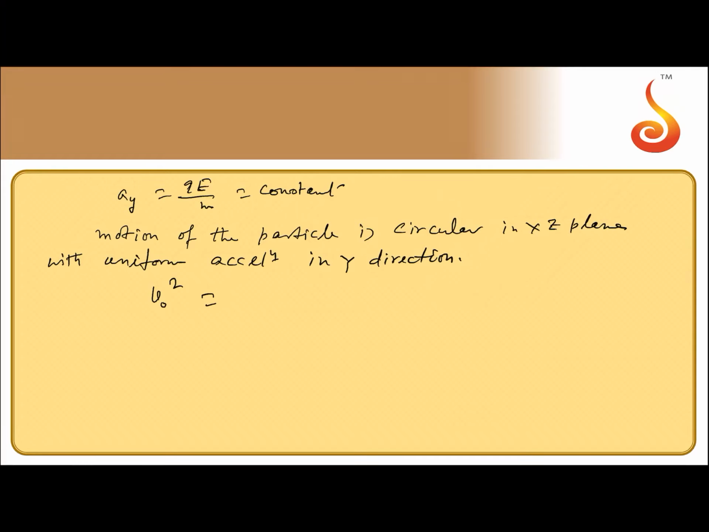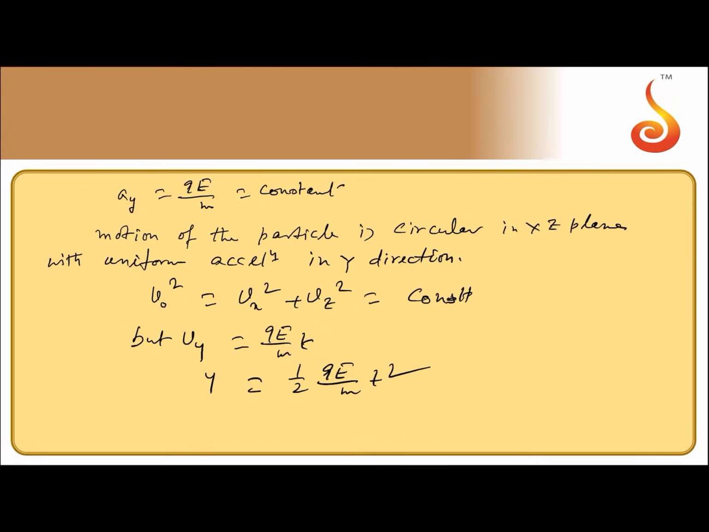V naught square is Vx square plus Vz square, because magnetic forces do not change the speed of the particle, but the y component will change. Vy will be equal to Qe by m into t. It will change with time. So y coordinate will be equal to half Qe by m into t square, and time period of the circular motion